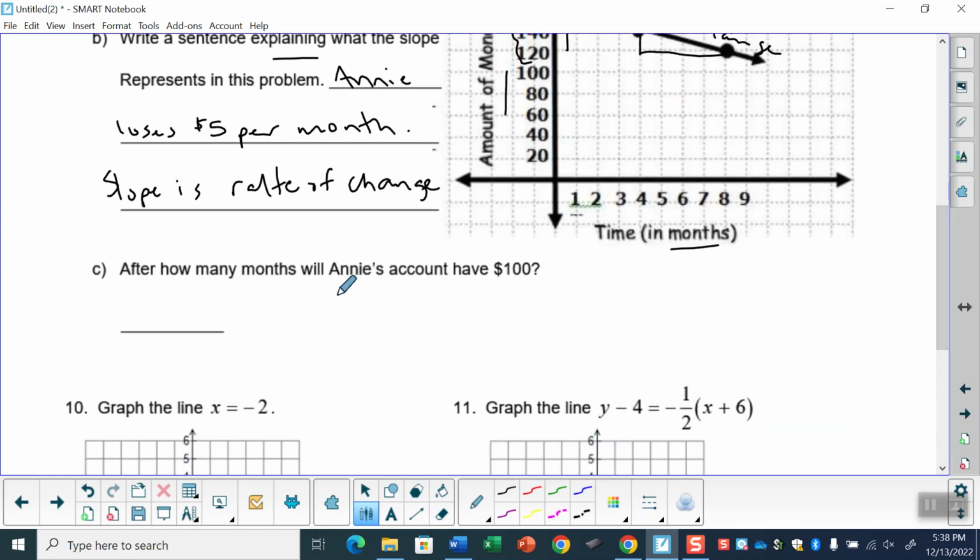All right, so after how many months will Annie's account have $100? So here's $100 right here. So that would be right here. So just going to go down one more. She was here, this is at 120, so down one more to 100, and then remember the slope is constant, so you go over 1, 2, 3, 4. The next point would be right here. So that would be after 10, 11, so after 12 months,